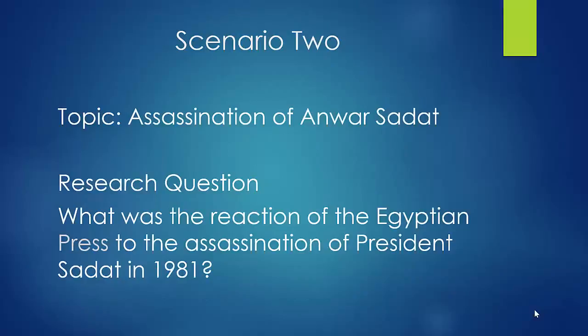In contrast, if your research topic was the assassination of Anwar Sadat, and your research question was, what was the reaction of the Egyptian press to the assassination of President Sadat in 1981, it is quite likely that you would want to read the primary sources published at that time. You would want to read newspaper articles published after October 6, 1981 to find out what the reaction of the